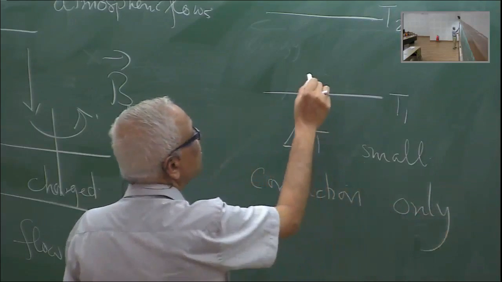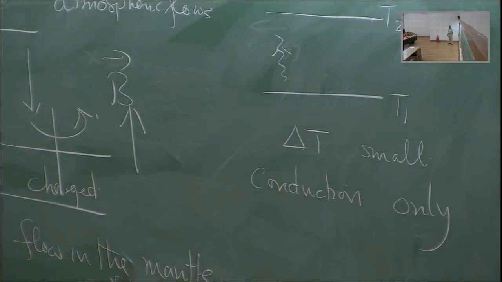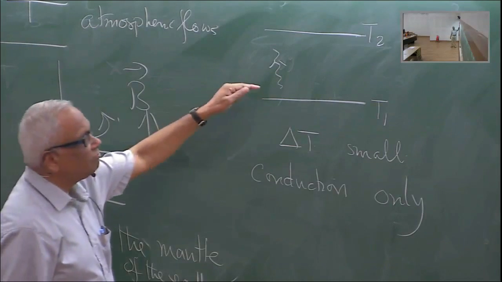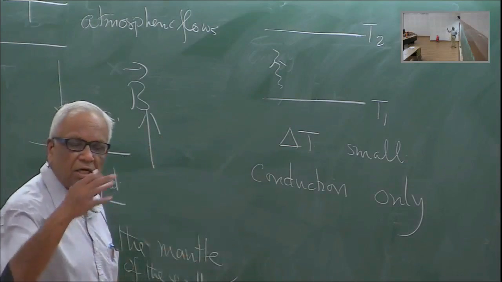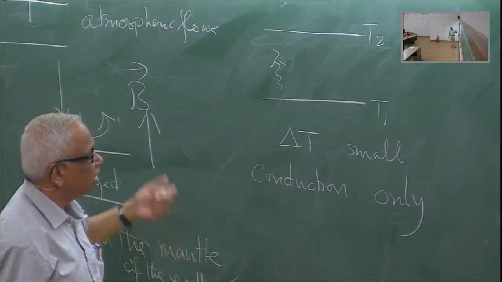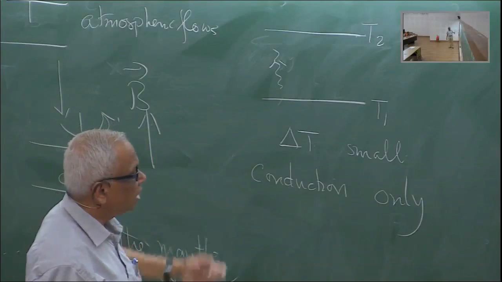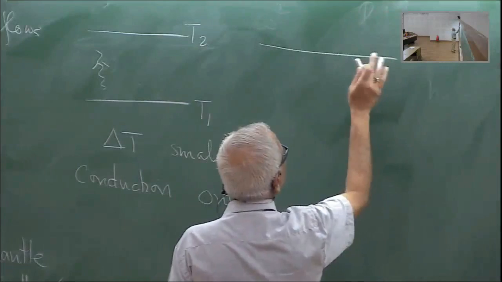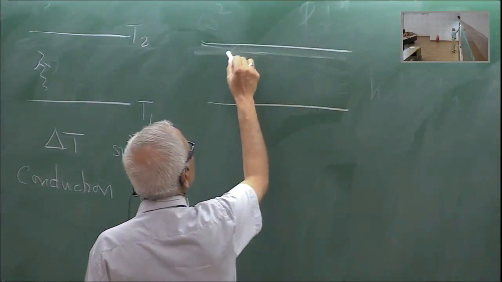So heat will transfer from the bottom plate to the top plate only by conduction. If delta T is raised to a critical value, that's when convection will set in. Now, this is something which yesterday you were hearing about, linear stability analysis and so on. And the picture will be that there would be these convection rolls